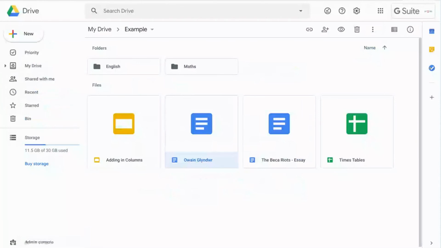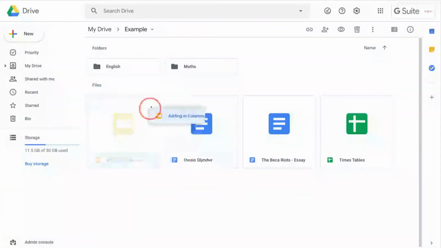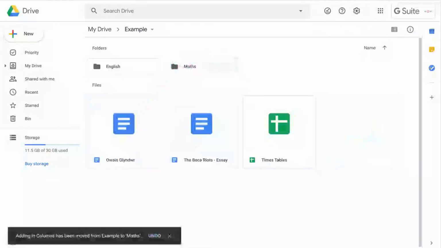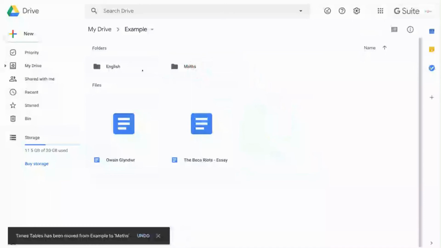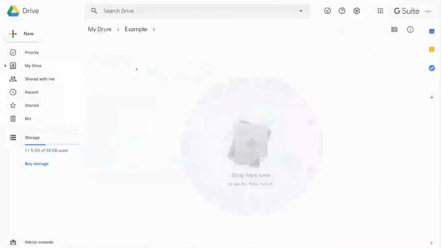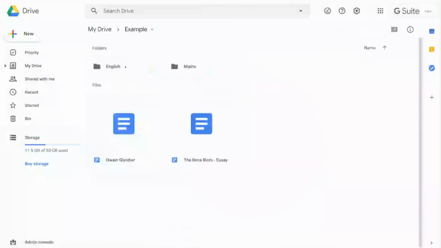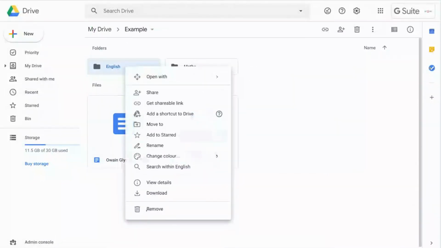Just to help keep it tidy, you can see I've got two folders up here. So we can drag this adding columns one into the maths folder and do the same for the times tables. Now I notice I don't actually need my English folder. I have no work to put there. It's empty. So for that one, again, I can do a right click and I have an option to remove